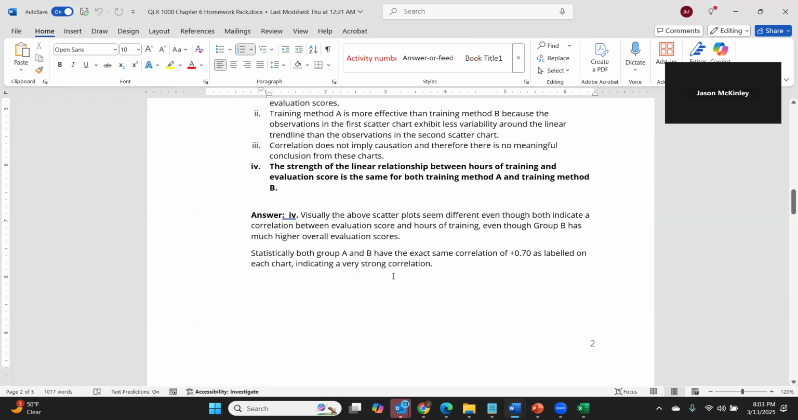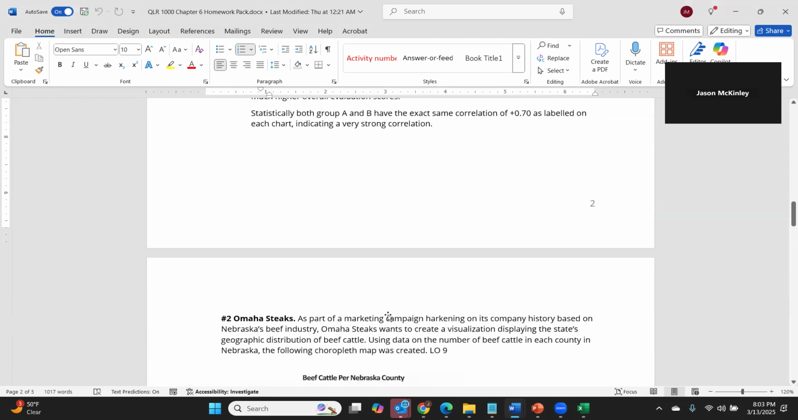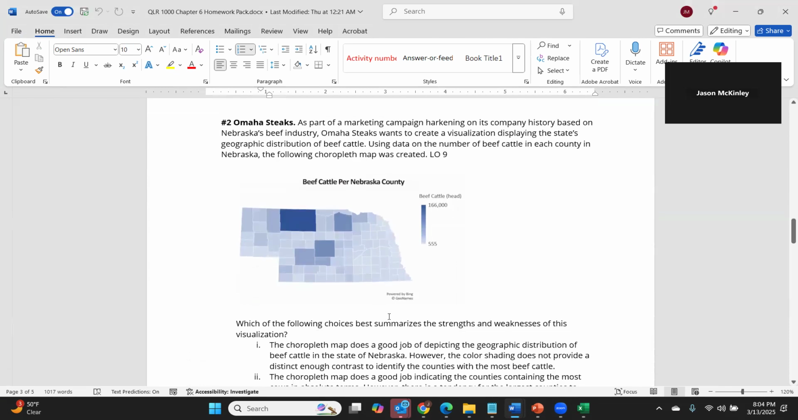I guess I already stated this, but they both have a correlation of 0.0. Question number 2 of 3. So in the next video, I'm going to post about mapping and we're going to dive deeper into geographic information systems,